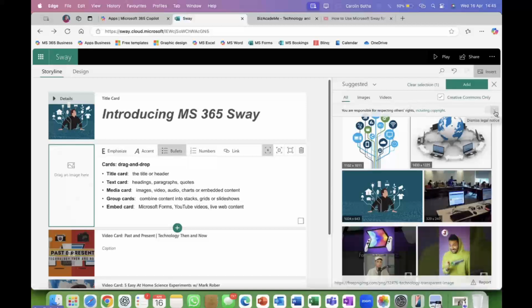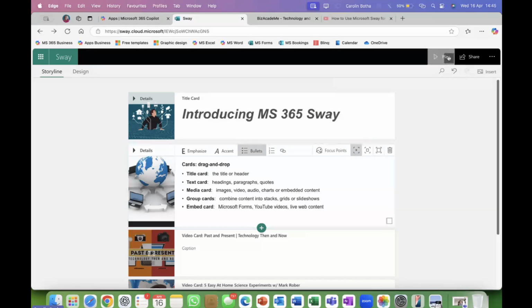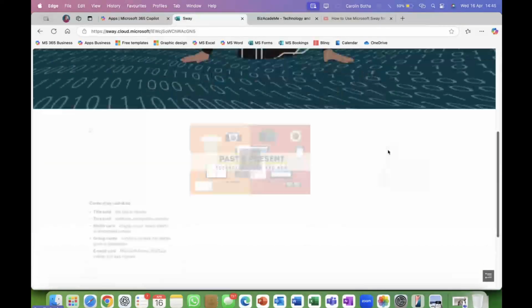So they're actually blocking the tick where I've selected this image. So I can also just drag and drop it in there, as we've done with MailChimp. Okay, let's see if this looks a bit better. Let's go and play and see whether this looks a little bit better.